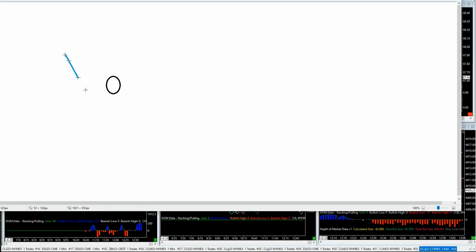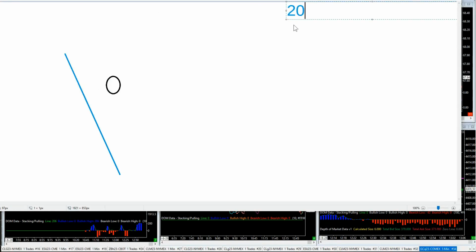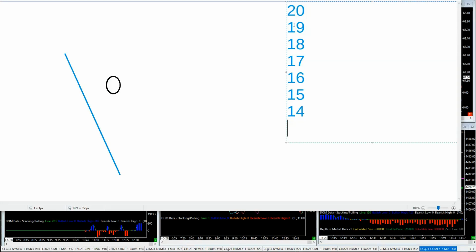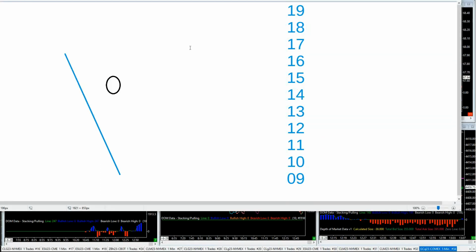Value line is doing this, yeah? If the relative value is doing that, and for argument's sake, I'll do some prices on this chart. We'll start at 20, 19, 18, 17, 16, 15, 14, 13, 12, 11, 10, 9, okay? So in the market maker's game, if you saw value doing that, and this is the current price,